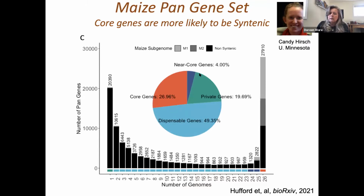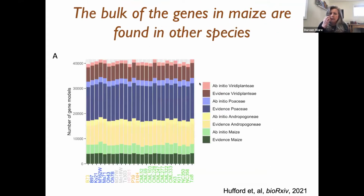And what we're able to see is that across these 26 lines, about 27%, almost close to 30%, are core genes, and the other ones are segregating in the population. Now, when we look at these genes in the context of evolution, if you look up here in pink, these